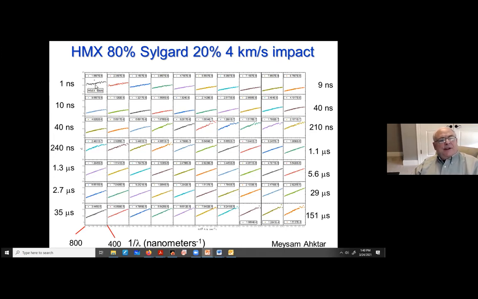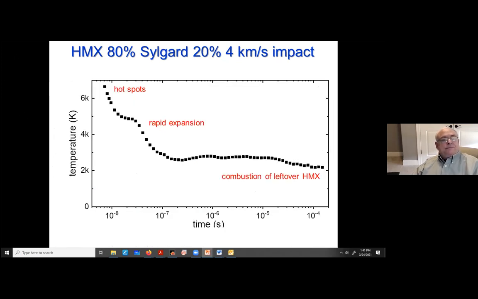Well, I see a very low slope straight line. It's always a straight line. Straight line, straight line, straight line. The slope is getting bigger, which means that it's cooling off. And so on. And I can make a little plot. So here it's getting around 6,500 degrees. And at the end, it's in the 3,000 degree range.